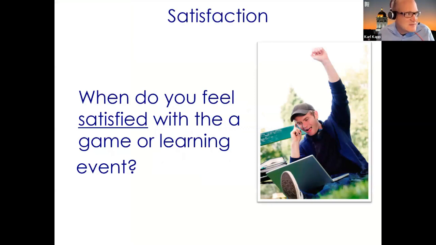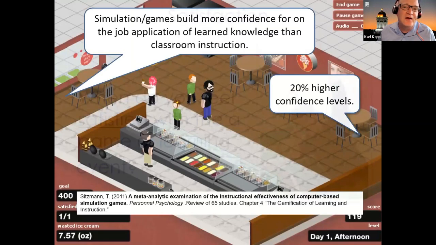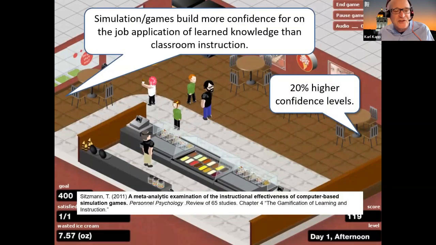When are you like, yeah, this satisfies a need that I have. This helps me realize a dream that I always wanted, or helps me do better on my job, or makes my job easier, right? There's actually some research by Tracy Sitzman. She did this, way back, if you can imagine, back in 2011 when they barely had electricity.